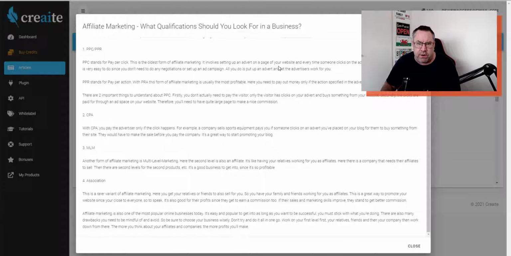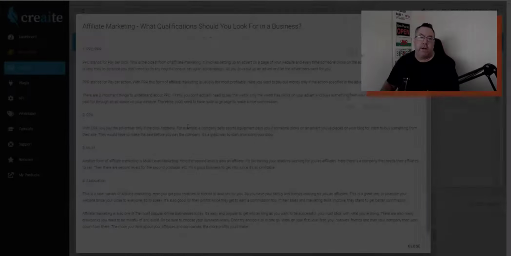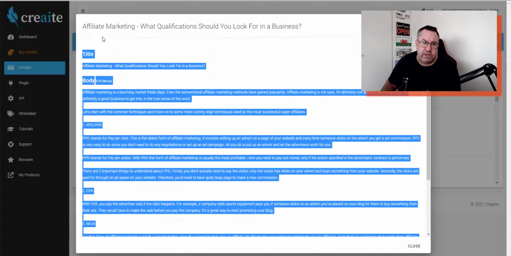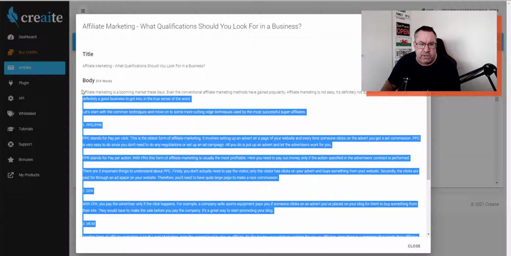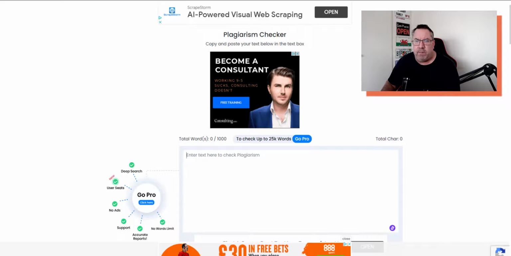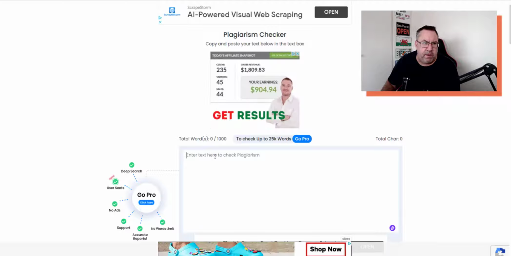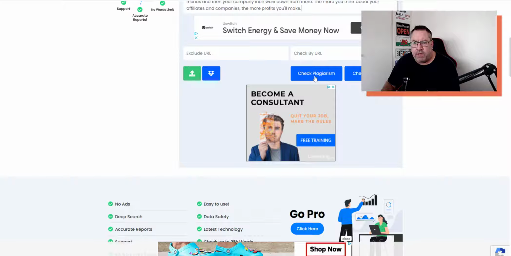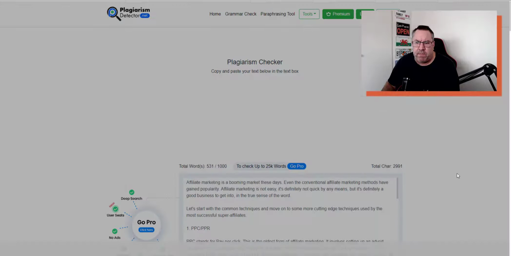So when I start looking through this, I want to just see if it's reading correctly. Okay, so I had a quick look at this, and I think this is pretty good as far as readability is concerned. So I want to see whether this is actually unique content. So I got a plagiarism checker here. You can just go to it on plagiarismdetector.net. Just paste that in there, and I'm actually just going to check, and it'll take a couple of minutes.